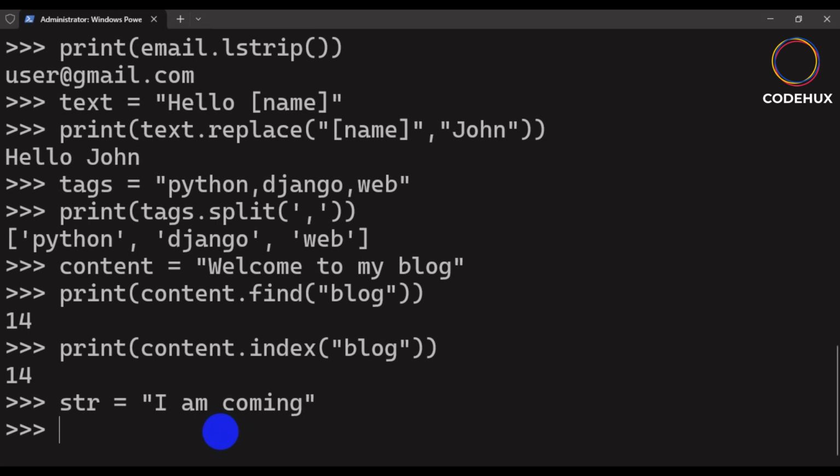I just want to show you several other methods. So str can represent any string. If I say str.count, and inside count I put sub, where this sub is any substring, like